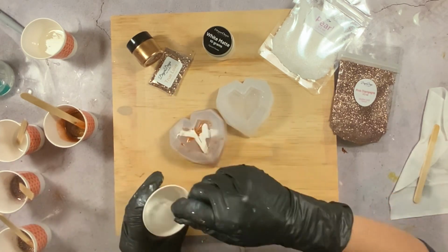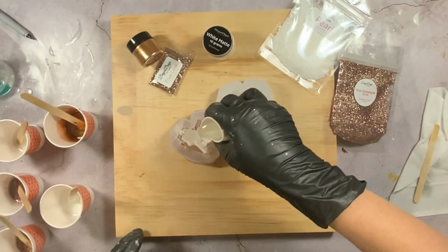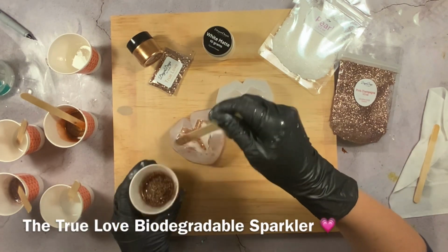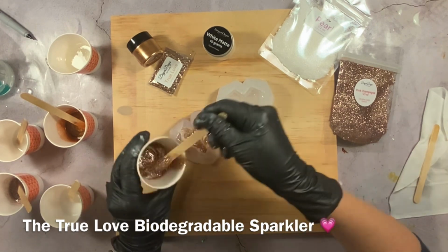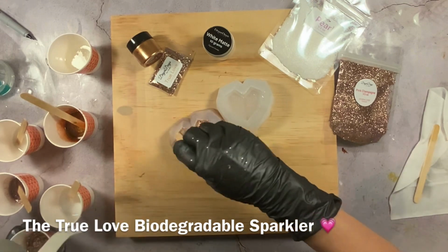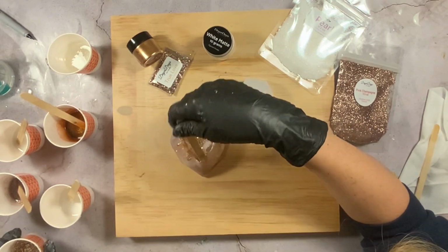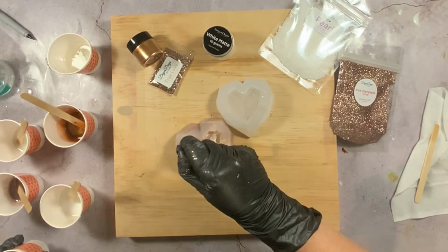So here I'm using the white matte. I like to kind of put that on last after I've put on the other colors and then drizzle clear over it, because the white is so heavy it will sink. So if you put the white on first, you're really not going to see your other glitters or your other pigments because it's just going to take over. And then again, just gently using my stick to kind of push this down on the sides,